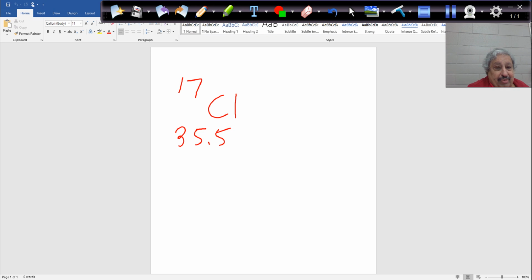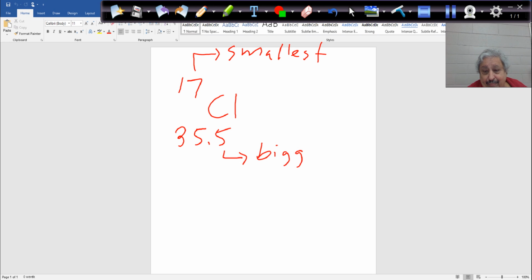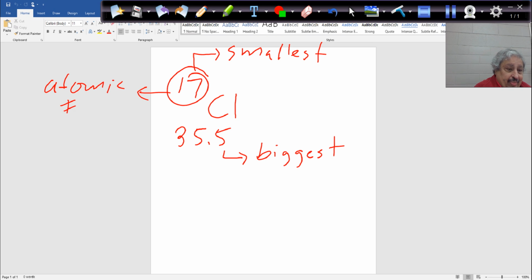One small number, this is always the smallest, and that's always the biggest. Okay, guys, this 17 is called the atomic number. This is called the atomic mass